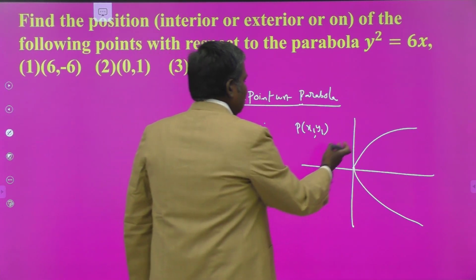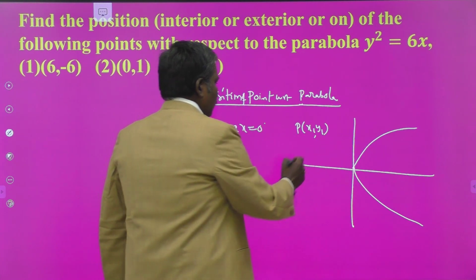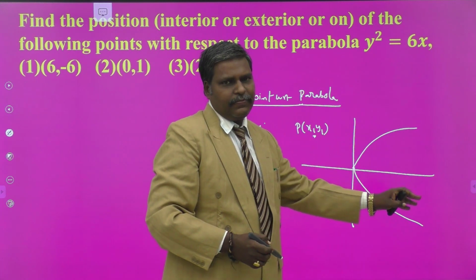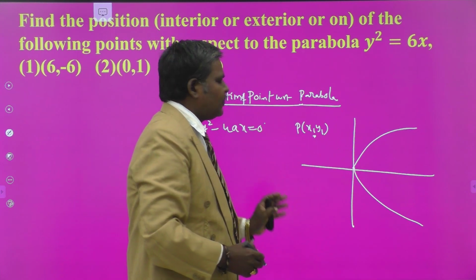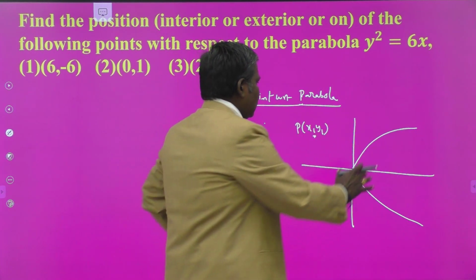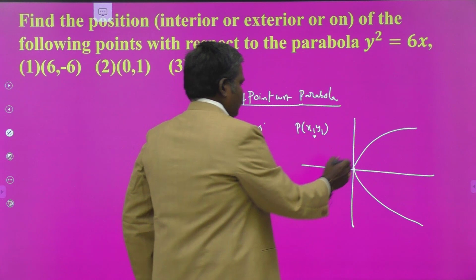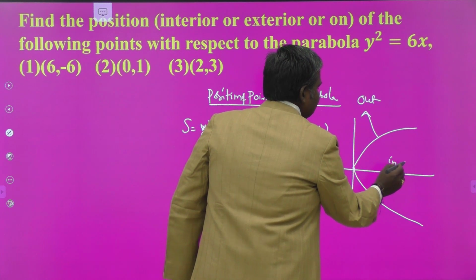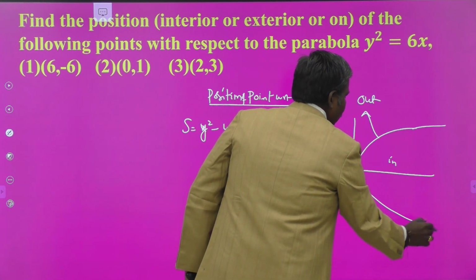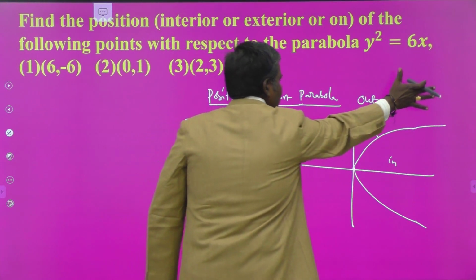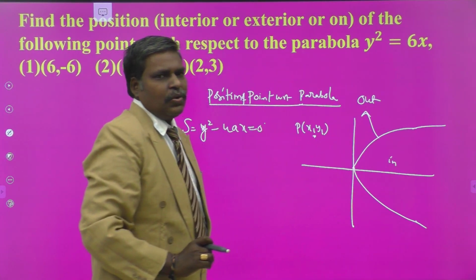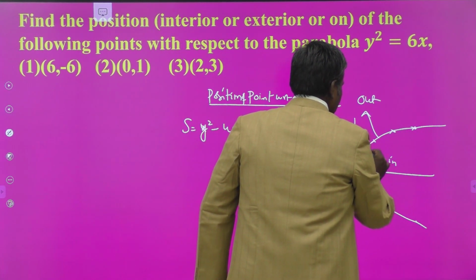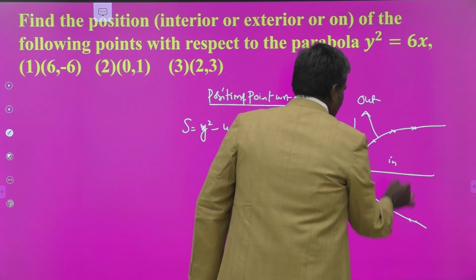Suppose your point is on the left side of the y-axis, here itself, immediately outside of the parabola. For y square equal to 4ax, there is no curve on the left side of the y-axis. That means this is the portion which is entirely outside. So we distinguish first of all: this is the outside portion of this parabola, and this is the inside portion of the parabola. This is an open curve, so the entire region within will be the inside portion, and the entire remaining region will be the outside portion with respect to this curve. And on means any point on the circumference of this parabola.